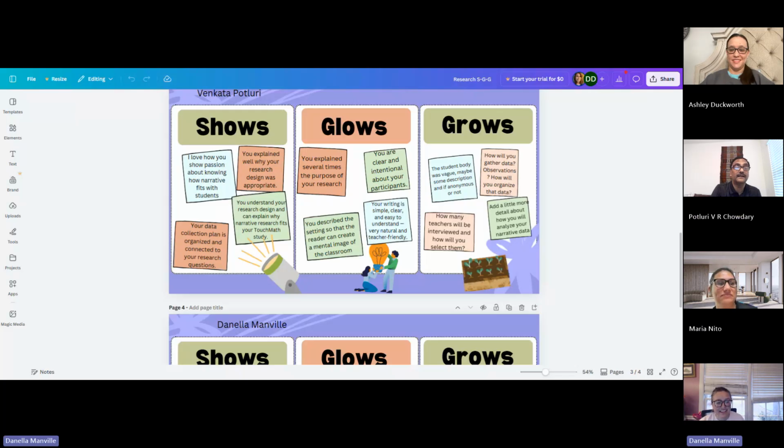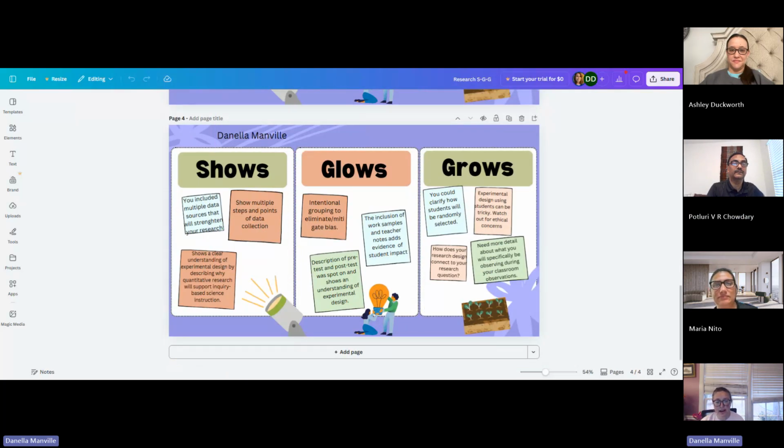Perfect. All right. And last but not least, I'm Danella Manville, and I'm going to go over mine. Okay, so I chose the experimental design through the quantitative approach for my research. My glows were that I had multiple data sources that will strengthen it, and multiple steps and points of data collection, and had a clear understanding of experimental design by explaining the quantitative research and how it will support my inquiry-based science instruction, with me being a science teacher and utilizing the experimental design for my vocabulary